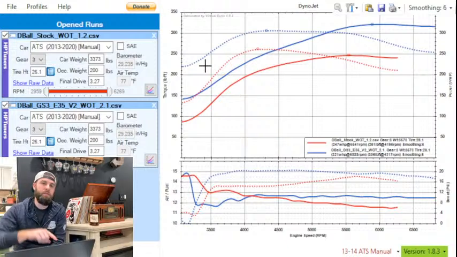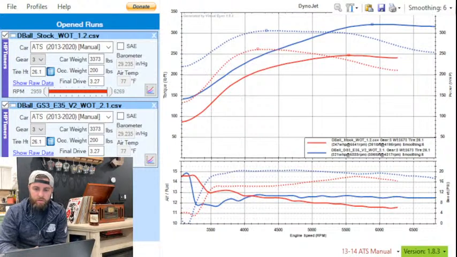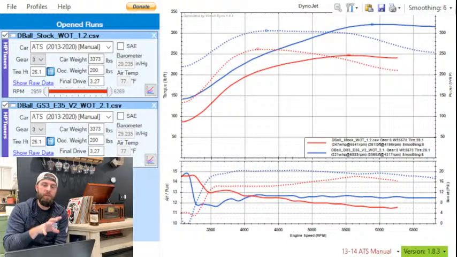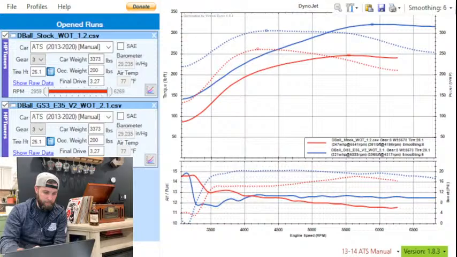Okay, so instead of the big peak and down, broadening everything out. So a big thing that you can utilize to create that nice curve is your timing tables, so your timing advance. A lot of different thoughts on this, but what I will share with you that is pretty universally understood is,